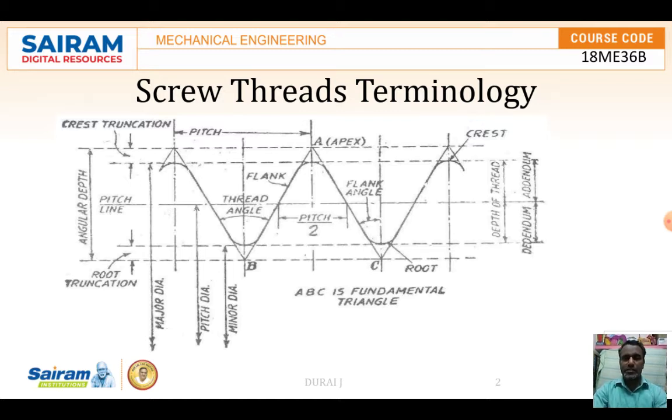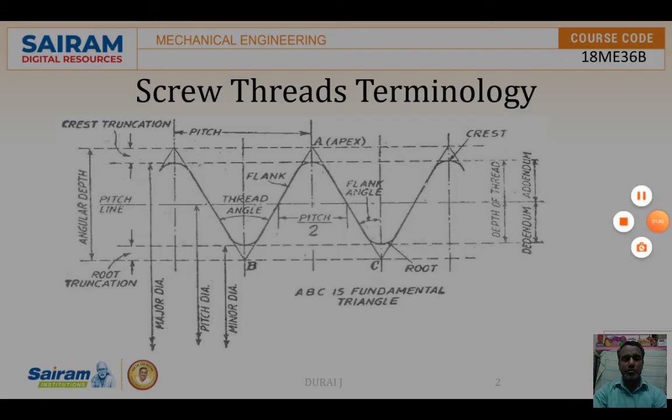So now we are going to discuss about V-shaped thread. Okay, apart from that, some Whitworth thread, Acme thread, and this standard thread. So these threads are available. Okay, so there the angles may differ. Some of the threads have a sharp edge over there. Some of the threads in the root as well as in the crest have some shape, like cylindrical shapes.